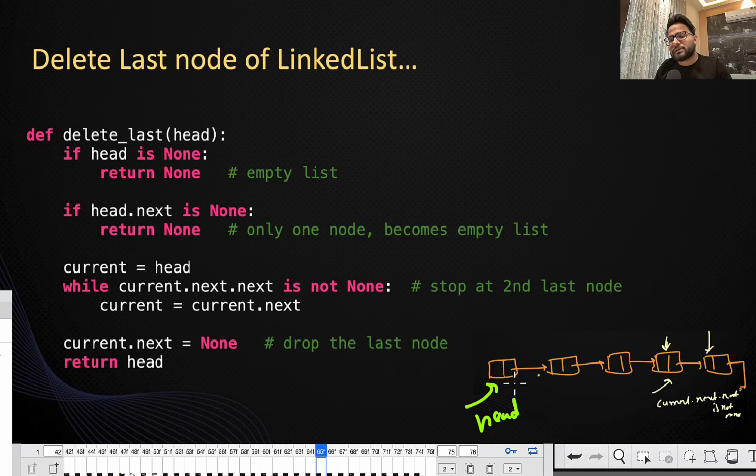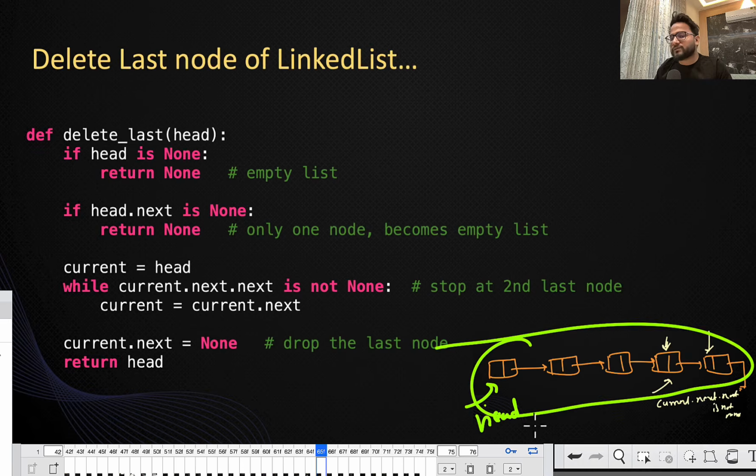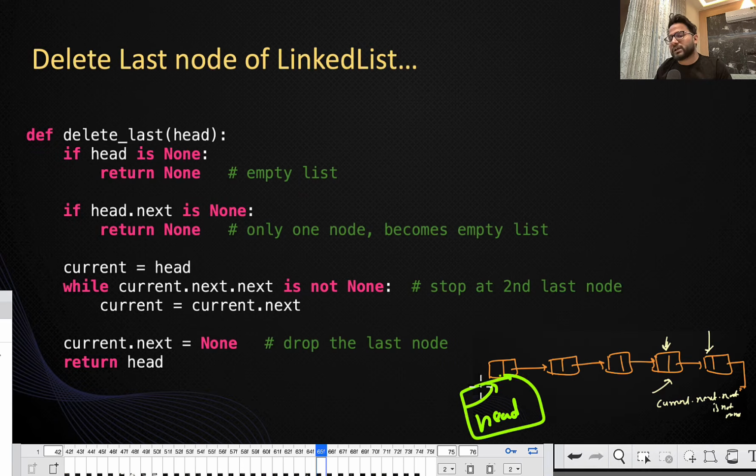I am saying that since using the head I am doing something, that's fine. But since the head is not actually changed, I mean, before deletion head is pointing here, after deletion head is pointing here, then I think it's fine, right? Okay,